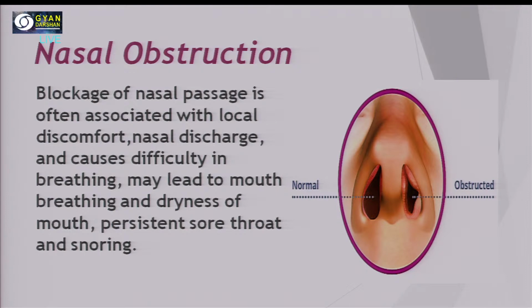Nasal obstruction. Nasal obstruction, as you can see in the figure, the normal nose has a normal opening, whereas the obstructed nose has the presence of obstruction on the nasal side. So what happens here is that there is blockage of the nasal passage, which is associated with local discomfort. There is also nasal discharge, which causes difficulty in breathing. This may also lead to mouth breathing, because the person may find it difficult to breathe through the nose,